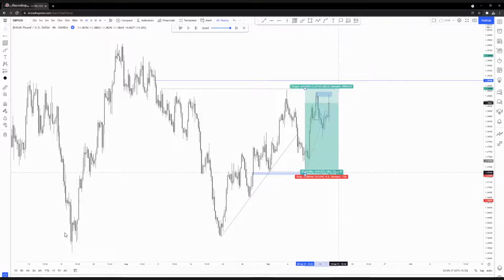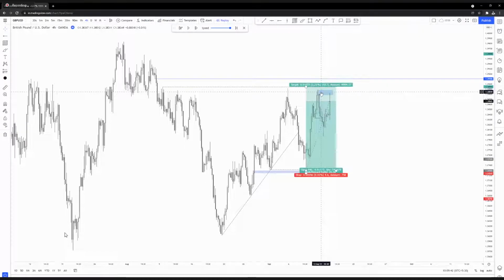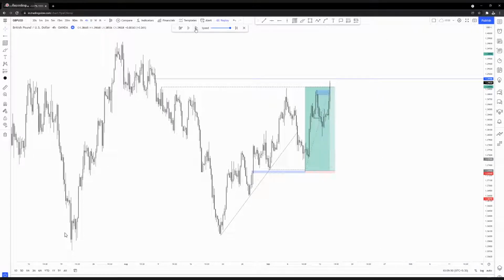And then what happened? Now imagine how many sellers are trapped here. Fake resistance, smart money traders, the ones that are trading market structure, everyone is trapped here, right? Yes. Everyone is trapped here. And then what happened? Straight through it. Now honestly, I took this sell here, but I couldn't take this buy, I could not take the sell here, because I think I did not trade that day or something.